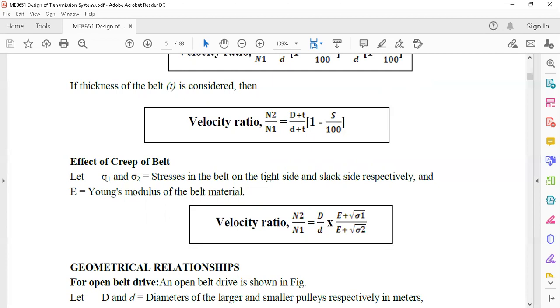If there is one side which becomes the tight portion of the drive, whether it is driver or driven, whatever it may be, and another one will be in the form of the slack side. In the slack side, the frictional ratio is much lesser when compared to the other side. And then we calculate what is the Young's modulus. When a stress is induced, you just want to consider the Young's modulus of the belt.